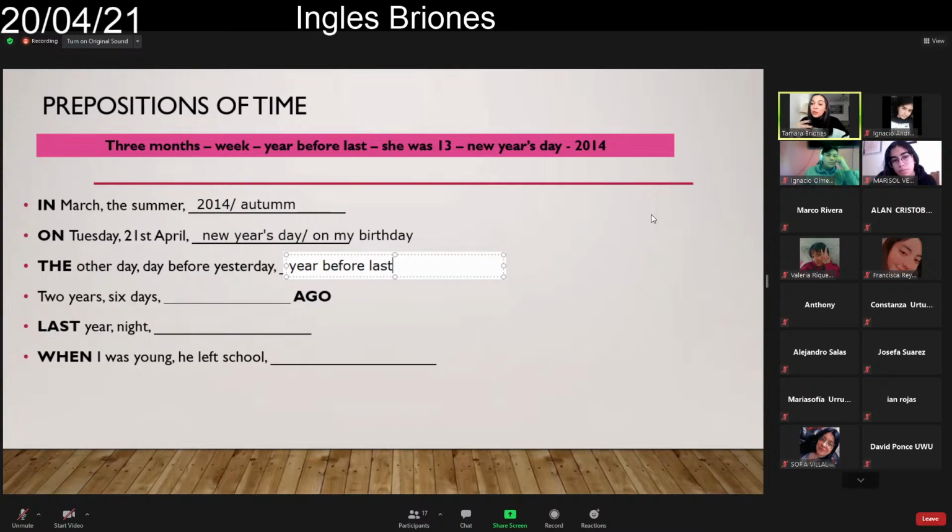You can say the when you're referring to a specific moment, right? So in this case, the other day, the day before yesterday, the year before last. It could be, for example, the last time I was in Santiago. The last time I talked to her or to him. The last time I went to a class. The last time I went out of my house. So you can use it to refer to the last time you did something, okay? That would be another one.